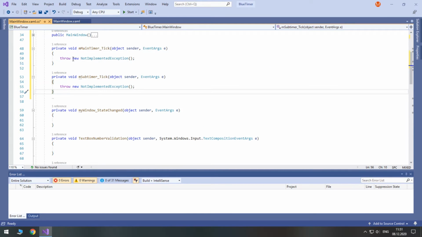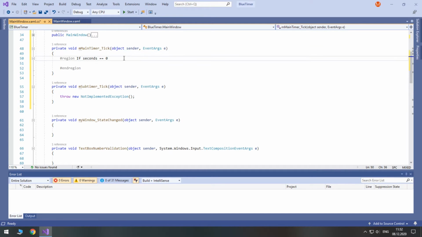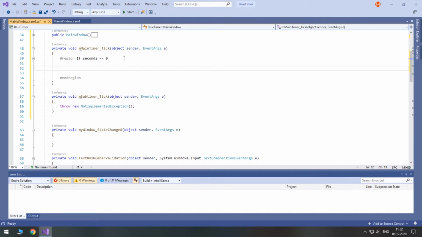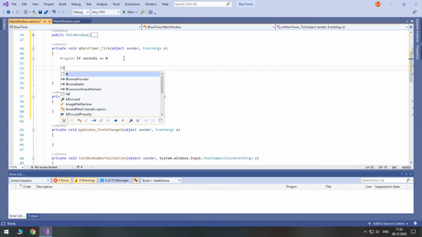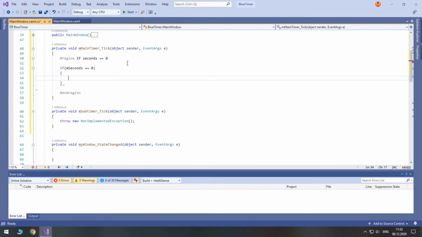I'm going to do it as follows. Because every tick is fired every second, we will first check if main timer's seconds are equal to 0. Then we check if minutes are also 0.